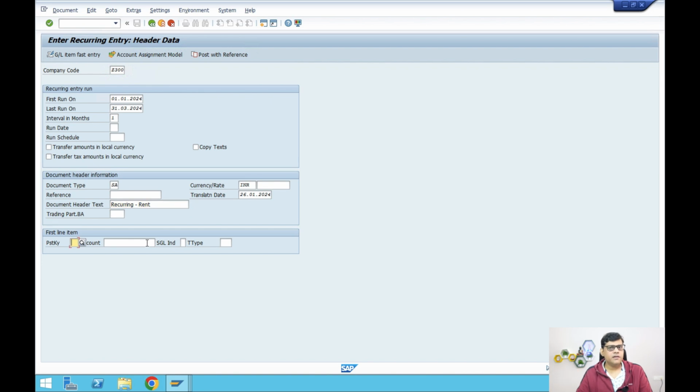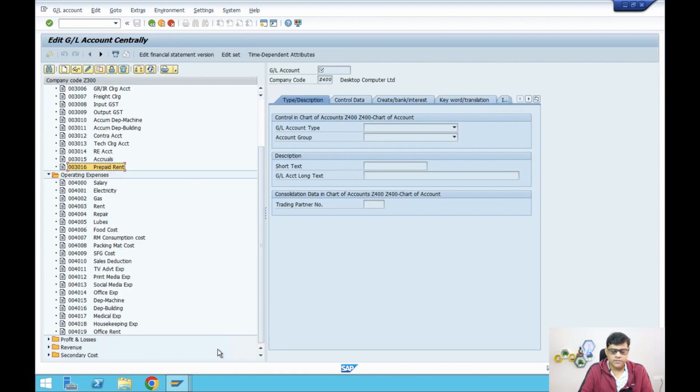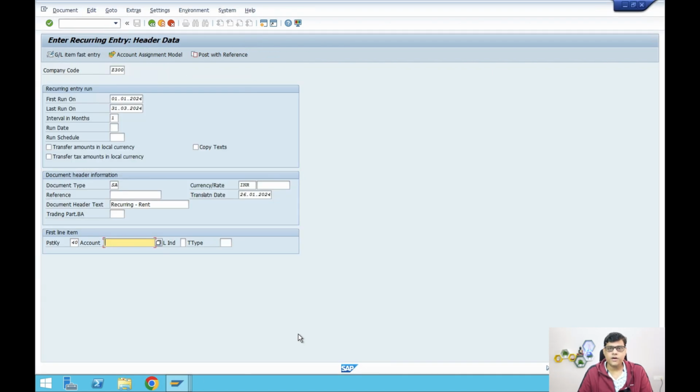So debit will be your expenditure. So already we have debited prepaid rent, that we are going to credit, and normal rent is going to be debit. So I'm going to take here office rent, which is one GL account 4019, which is normal. So what is nature of the prepaid account? Prepaid account, we know it is current asset. So that was current asset. Now this is your expenditure. So that is your balance sheet account, which in year end or finally like in end you will find a zero balance. We will see that also.